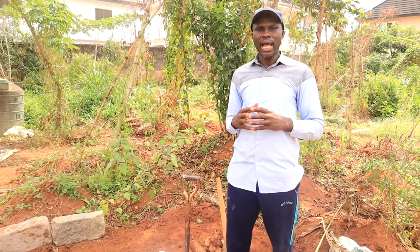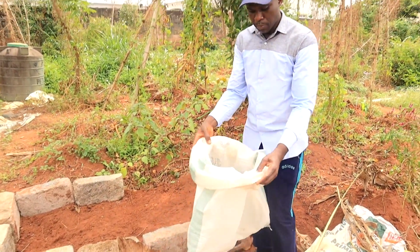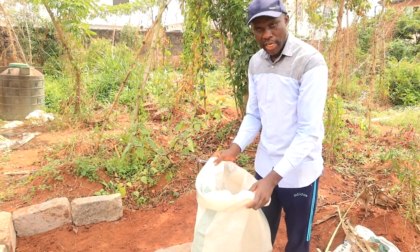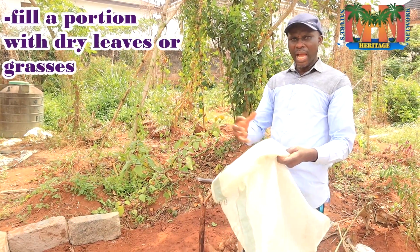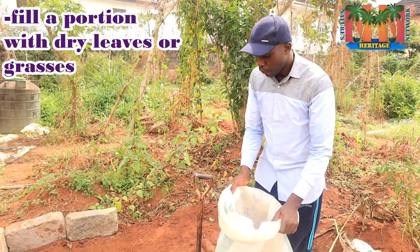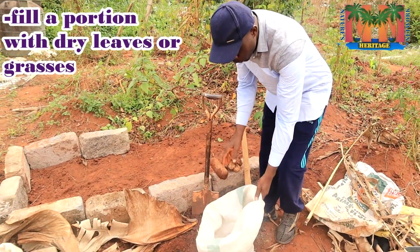And there are 3 ways I do that. Number 1, what I do is to fill a portion with soil and another portion with organic materials that have the ability to compress and expand. For example, I normally like using banana leaves. So what I do will be